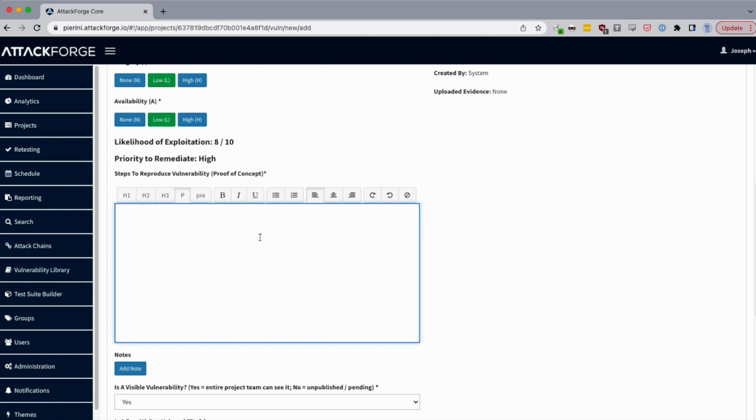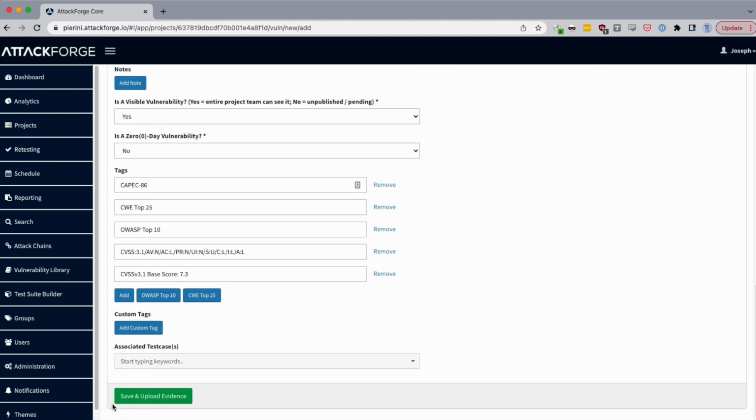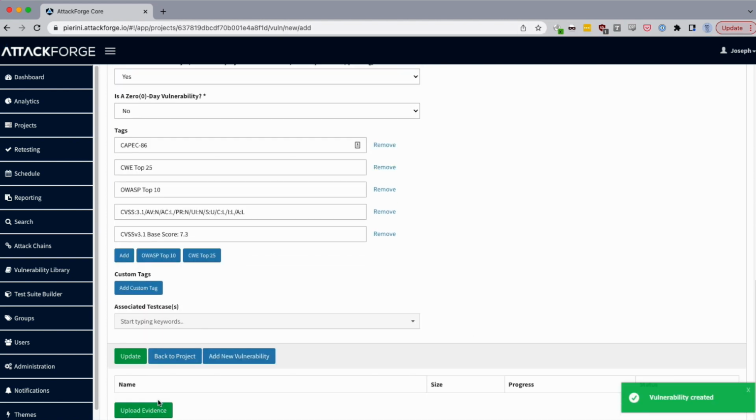So I could cut and paste in whatever, and do something like that. And we're good. Okay, let's go ahead and save and upload the evidence. All right, so I've created the vulnerability.